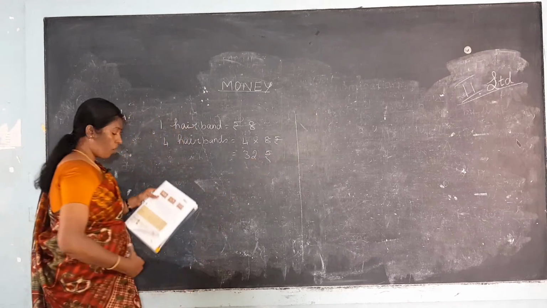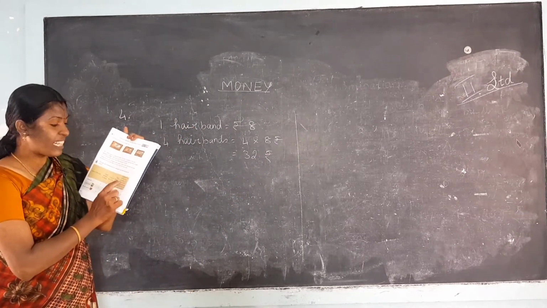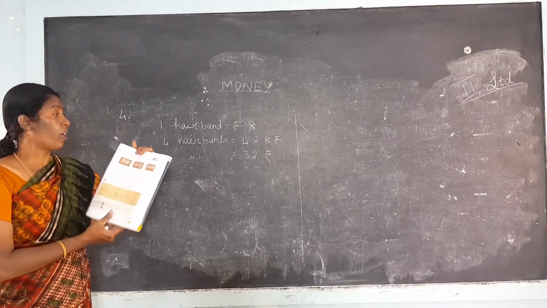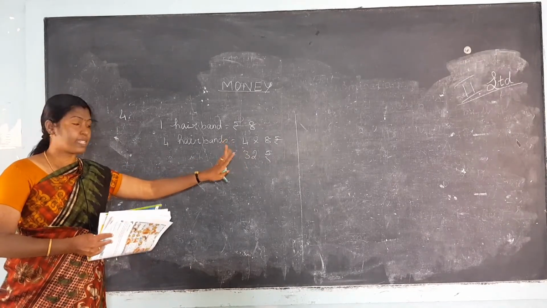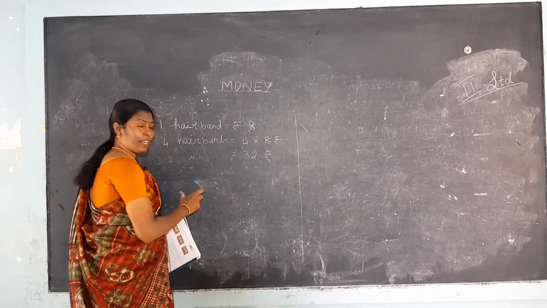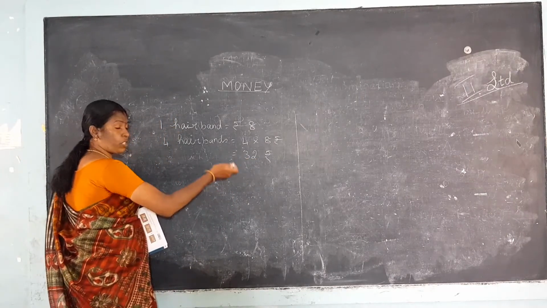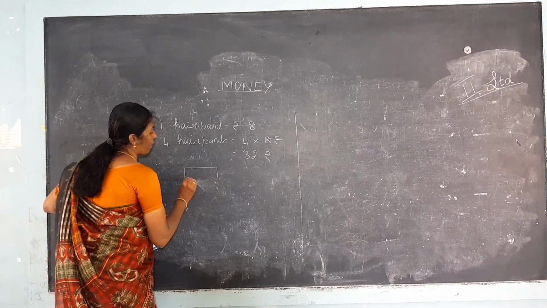32 rupees. Okay, and if we see the last column, the combination of the least number of notes and coins that can be used to pay the amount. We do not have a 32 rupee note, right? So we have to see the denominations. You see 32 rupees. How can we make the denomination of 32 rupees? Here you see, first you take